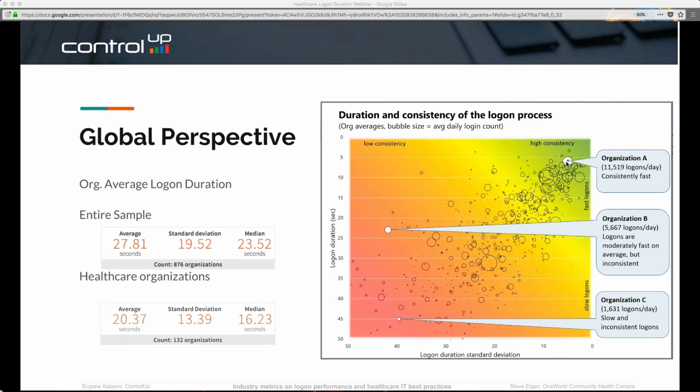Okay, so as far as we're concerned, the login starts when the user ends entering their credentials. So basically, from the user's perspective, when they are done typing the username and password and click OK or hit Enter, that's when we start measuring. Because when the user is still typing, the delays are really on the user and not on the system. But once the user confirms the credentials and commits them and starts waiting, that's when we start the timer for logon duration. When the logon duration timer ends, from our perspective,